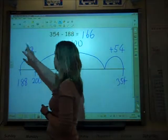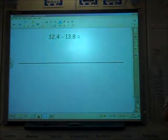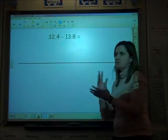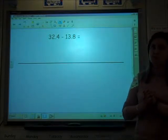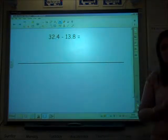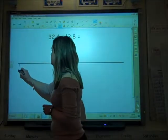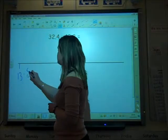Then, into year 4, we start looking at decimals as well. And the brilliant thing with a number line is that you can use it with decimals, fractions, time. You can even use it finding the difference between 2 times. The number line is fantastic for that. So you use it exactly the same. I've got to find the difference between